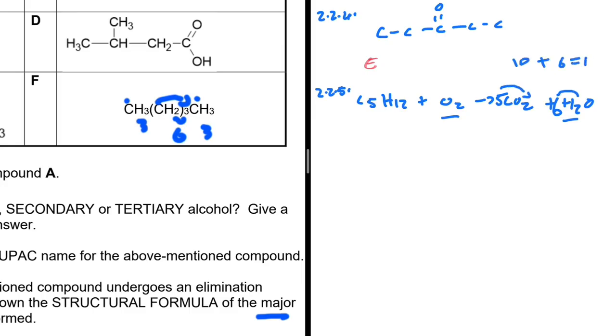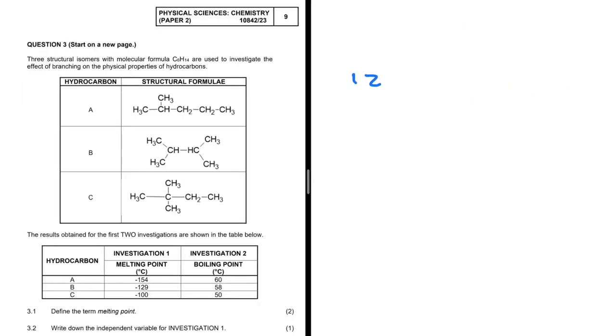So this is 16. And then in order to get 16 on the left hand side, we must multiply with 8. So there we go. We have our balanced combustion reaction. Here we go. 3 structural isomers with molecular formula C6H14 are used to investigate the effect of branching on the